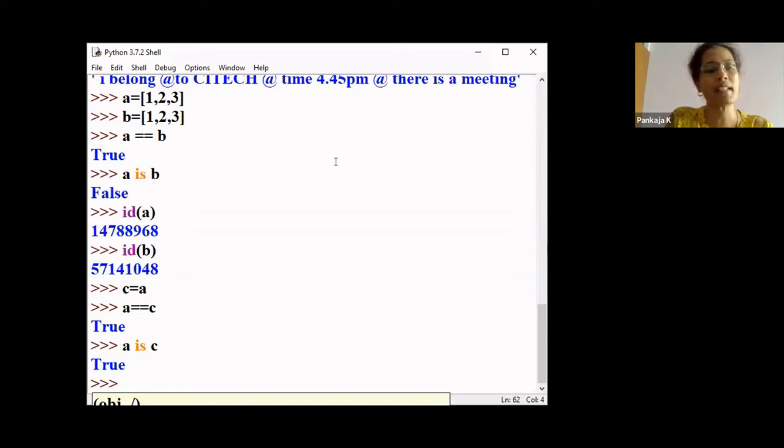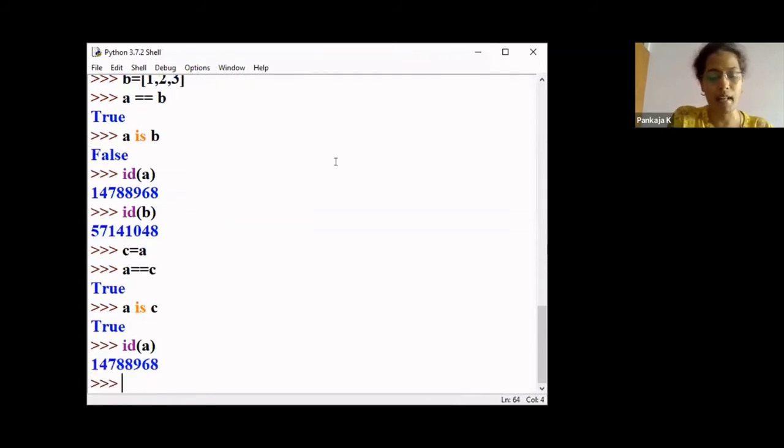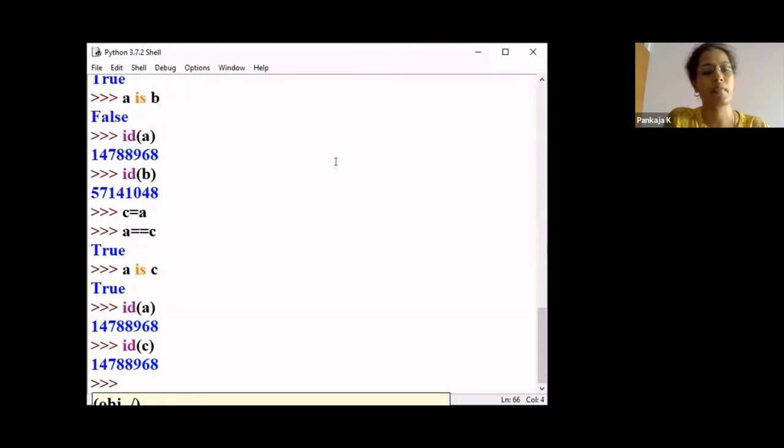Now, that we can see with the ID of A and the ID of C. Let us see the ID of A, it is this, and the ID of C. See, it is referring to the same memory location, right? That means this we call aliasing.